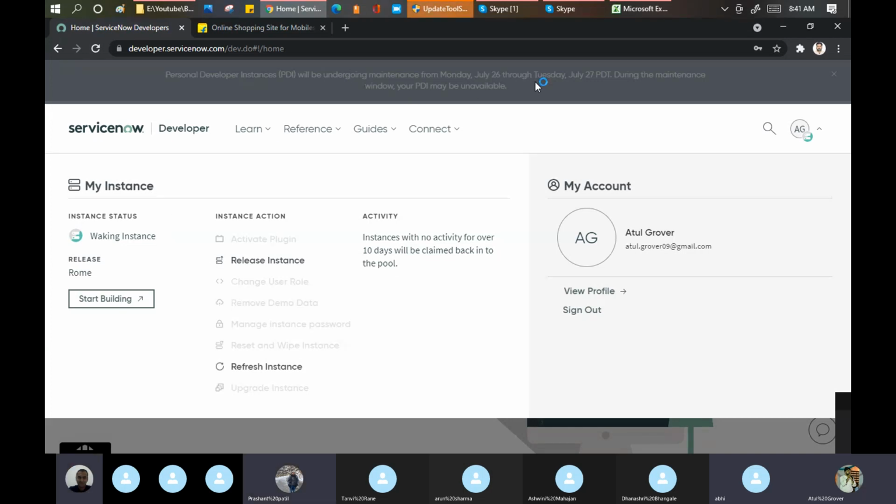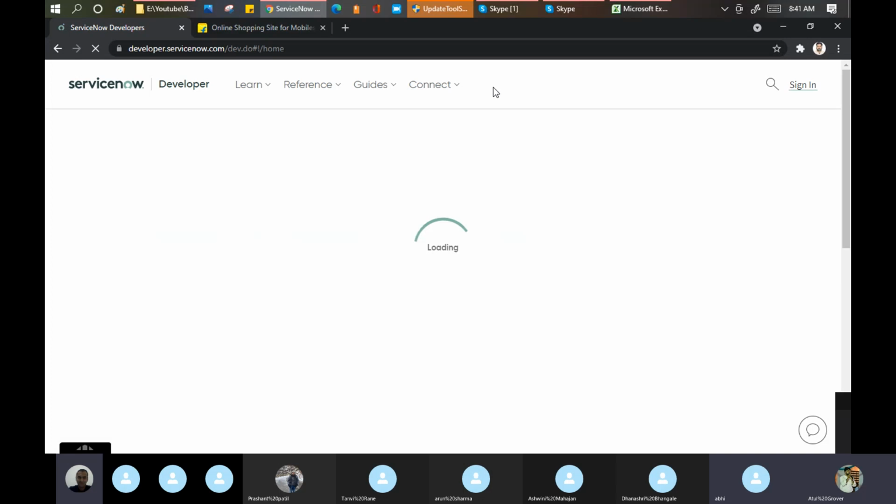I tried my instance. Okay, can you create a user ID for me with the admin access and ping this in the chat window? Okay, I'm not sure it will work because it is already planned maintenance, so it is not available during this time. Okay, let's not an issue.